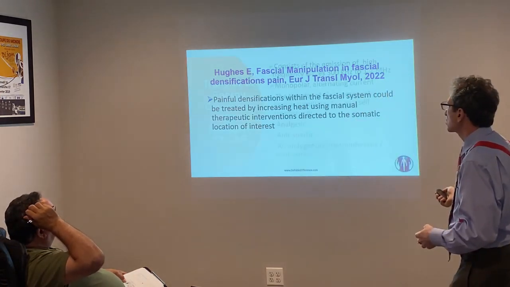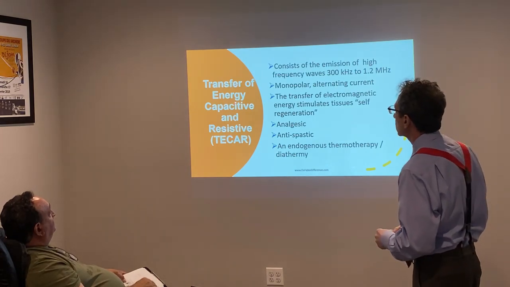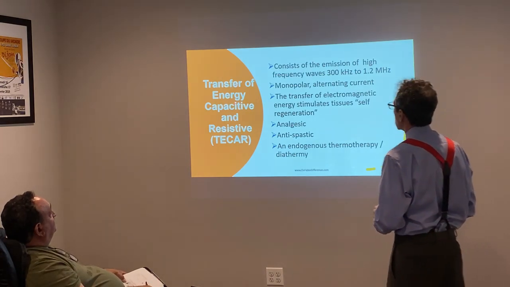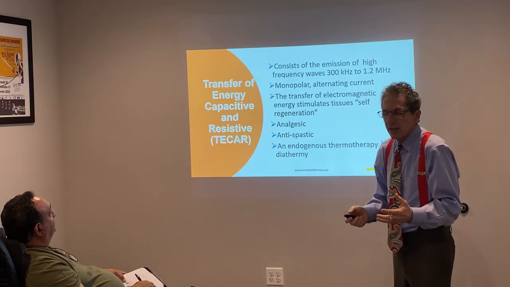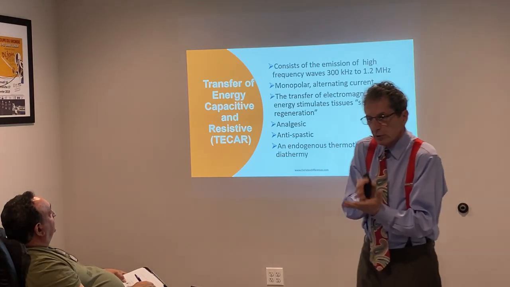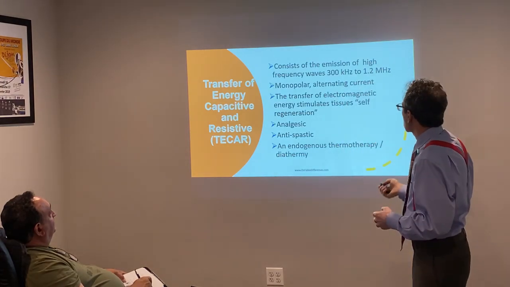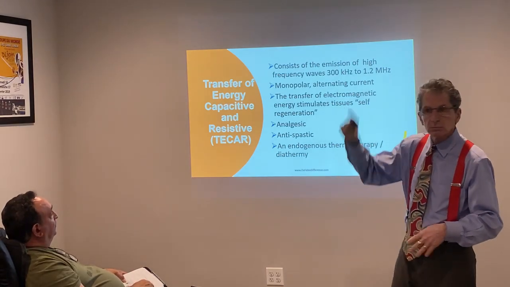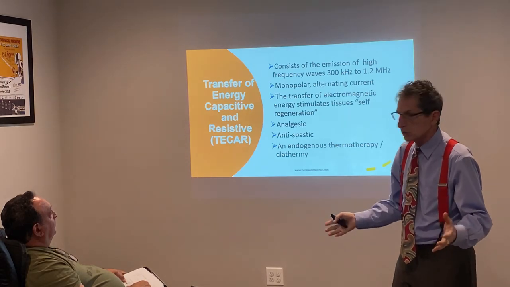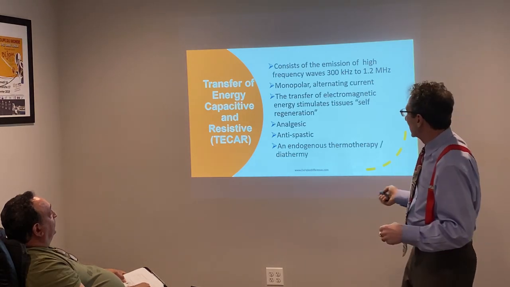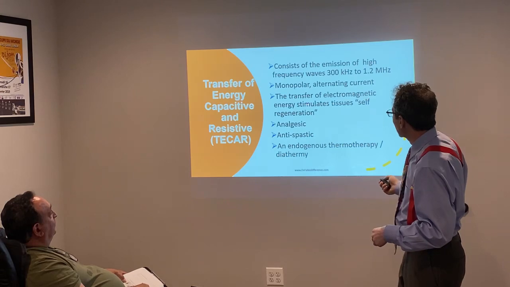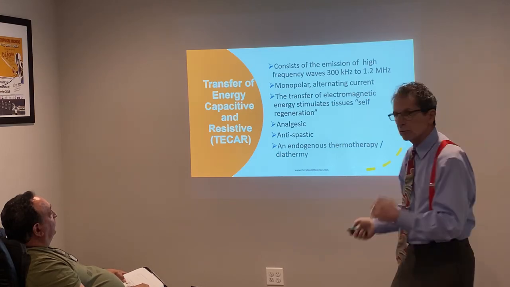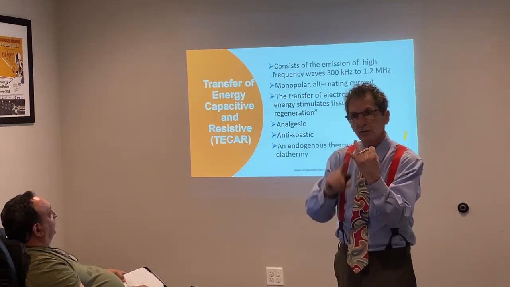We can do it with energy. We can do it with transfer of energy, capacitive resistance, TECR. What is it? It's an emission of high frequency waves, 300 kilohertz to 1.2 megahertz. It's a monopolar alternating current, for our technical people out there, like a sine wave. But it transfers energy and it stimulates at the cellular level the fasciocytes and the fibroblasts,